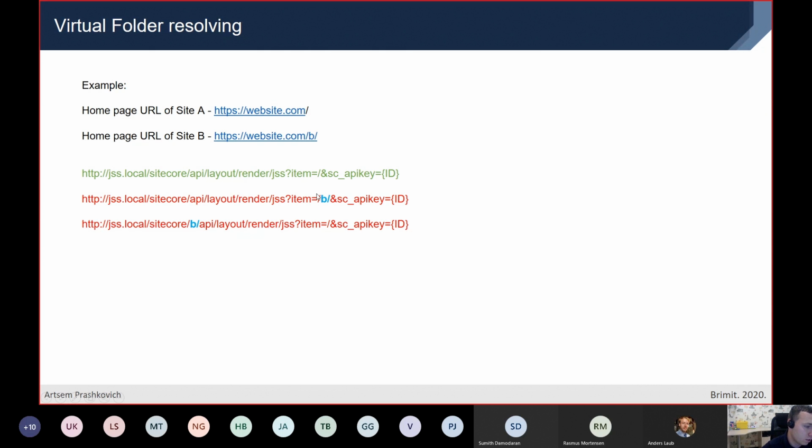layout service doesn't resolve the virtual directory by default. We also have to override some item resolver processor to make it possible. Another thing